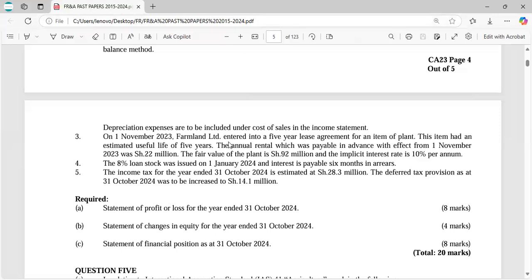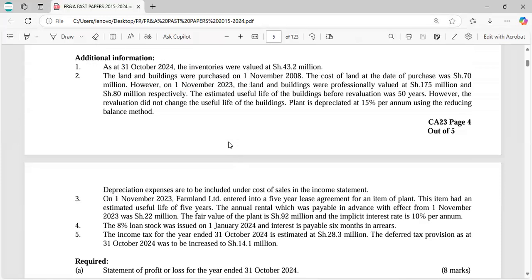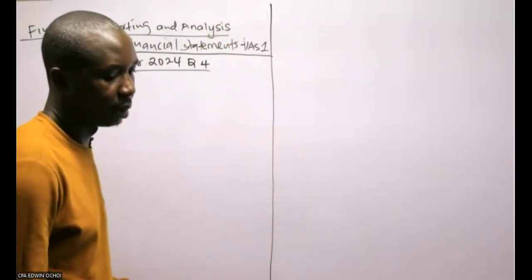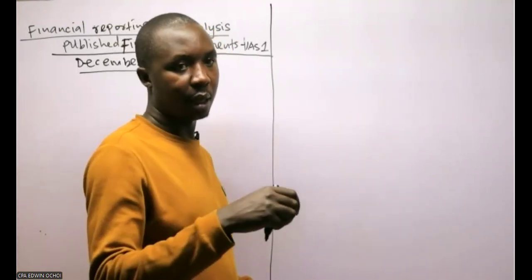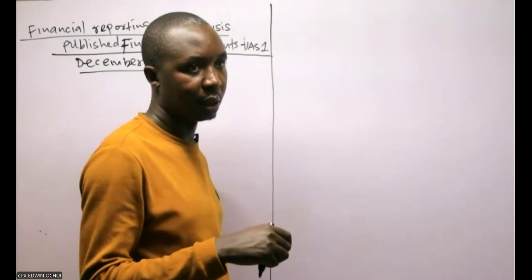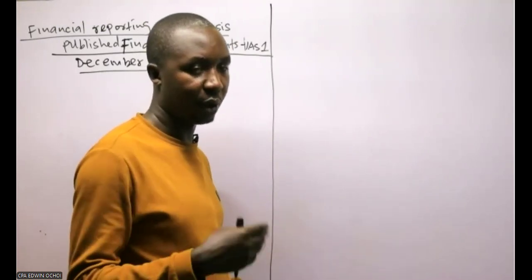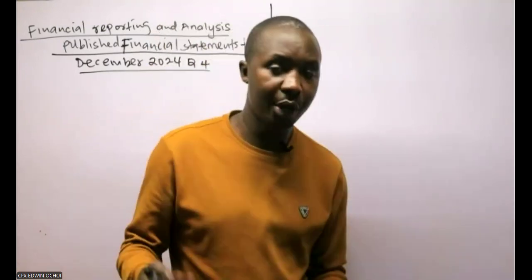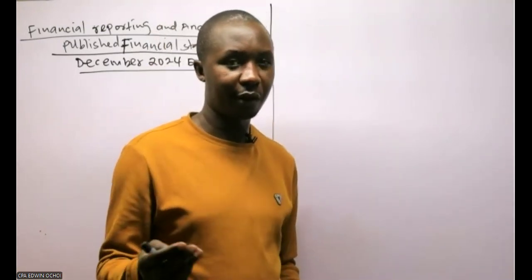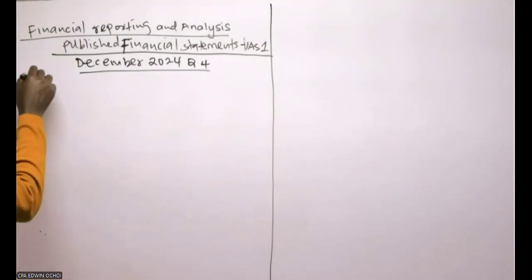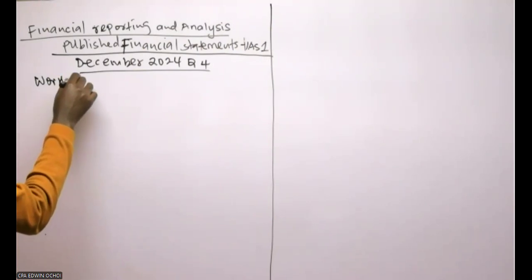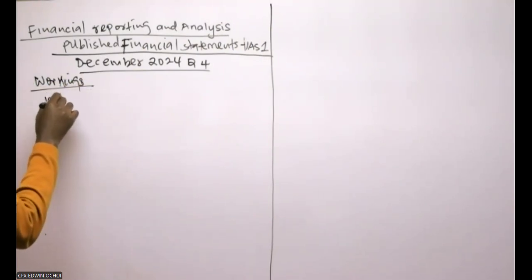So for published accounts, the first thing you do is the workings. You have to do your workings first. It's not like consolidation. Here, I need to check some workings very fast, even if workings don't earn you any marks. So we have to do the workings very fast. Then once we are done with the workings, we can do the presentation. So remember that we start with workings. So I have working number 1, WK1.